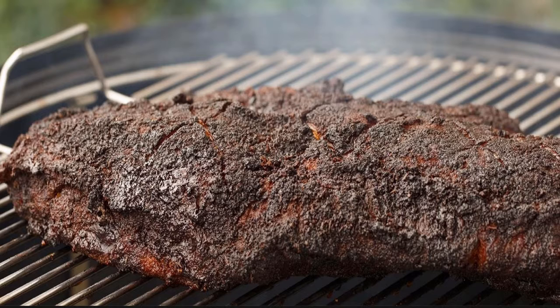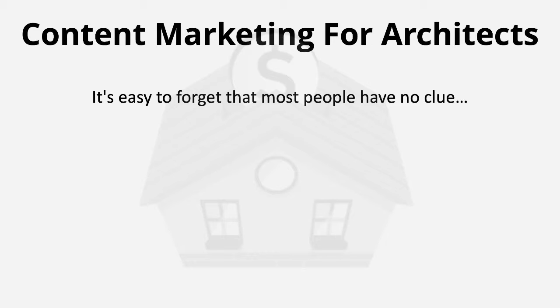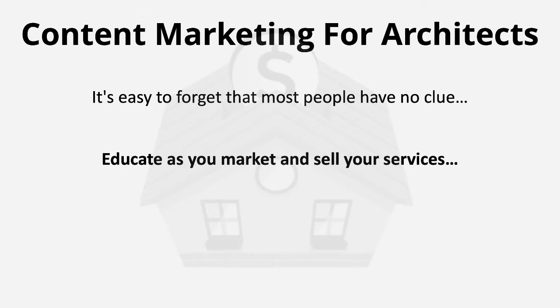But what do we write about? It's easy to forget that most people have no clue. Most people who are experiencing a need have very little education about their problem and how to solve it successfully. Even with access to so much information online, most people are still in quiet desperation. If you try and fix something in a way that you think is right, then the chances are you will make it worse. Education can be used successfully to both help people solve their problems and to help people see their problems. Educating also helps build credibility and trust, which are essential to action.